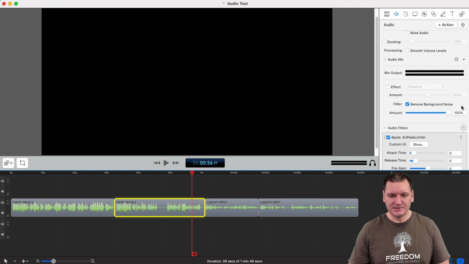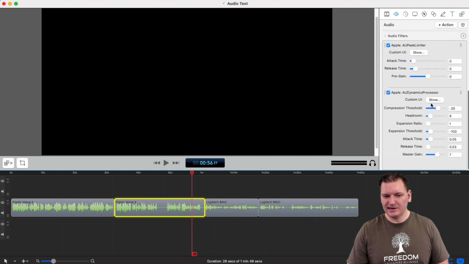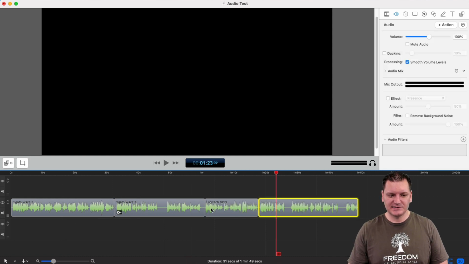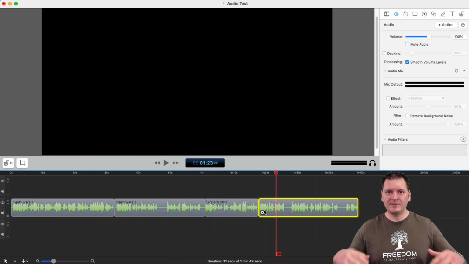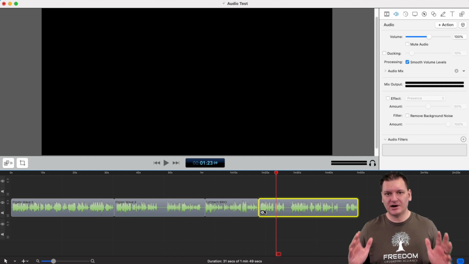So those are the enhancements right there. So those are my 2 favorite ones. Again, smooth volume levels is kind of a shortcut, but this one you can dial it in and make it sound even better. So I like to dial it in with this dynamic processor. And what's cool is when you smooth out these levels to the higher point, then people will be able to hear your audio a lot better, because there's a lot of videos out there you have to turn it all the way up and you can barely hear the person. So that's not a good video at all. So you want to make sure your audio levels are great before you are out to the marketplace.